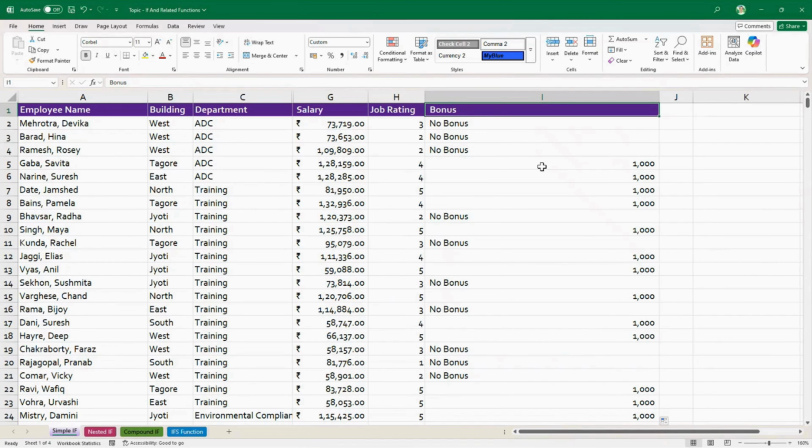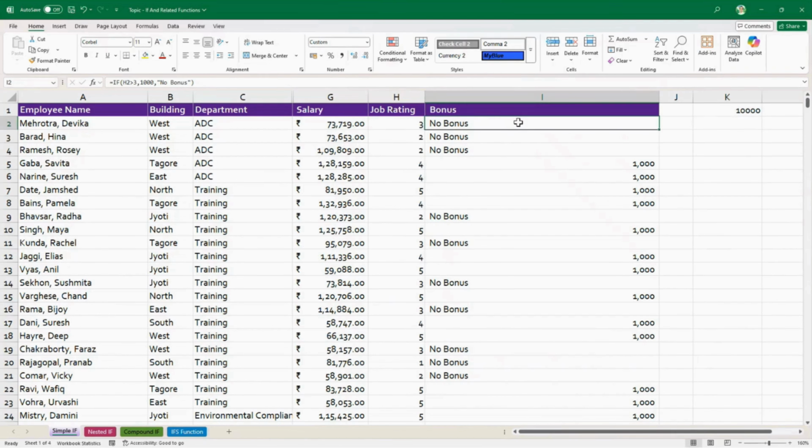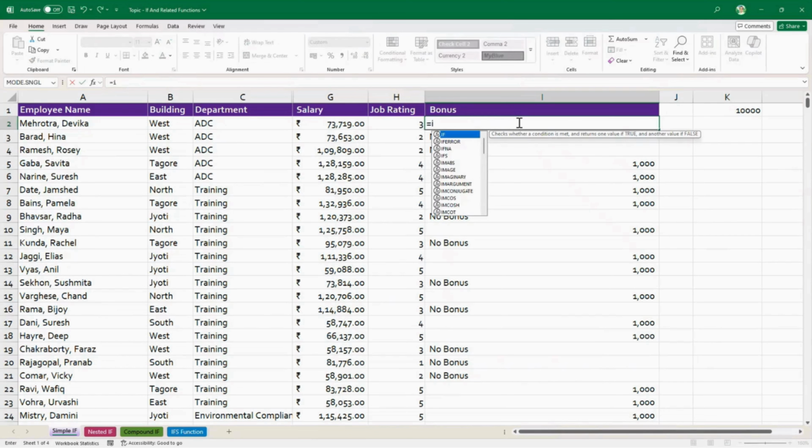Now, it could be that it is going to make more sense if we put in 10,000 here. I can put in 10,000 here. And maybe I want to refer this value to 10,000. Maybe this is a bonus amount. So I can say, instead of this, let's do this in another way. I'll remove what's in there and